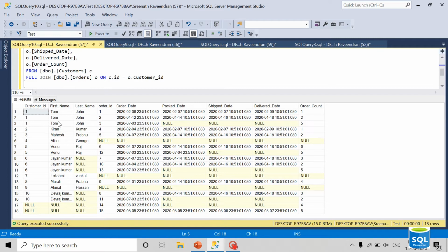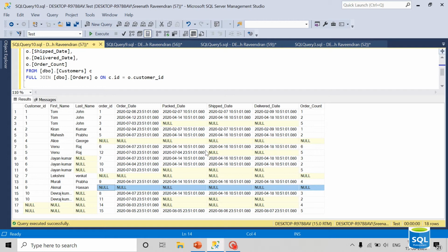You can see it's a combination of left join and right join, meaning it selected all the customer details here, and for the matching records it selected orders, and for customer 479 there is no order, so that's why these columns are null here.